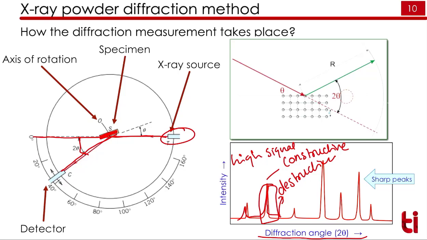So you can see that the peaks are at fixed values of theta. So there is theta 1, theta 2, theta 3, theta 4, theta 5, and so on. And this theta is fixed and determined by the d spacing of the sample, because we know that Bragg's law is 2d sin theta equal to lambda. So d is fixed, lambda is fixed. For a fixed d, we will get a value of theta. So if you know the d spacing, we can find out the value of theta whenever the Bragg's condition is satisfied or not.